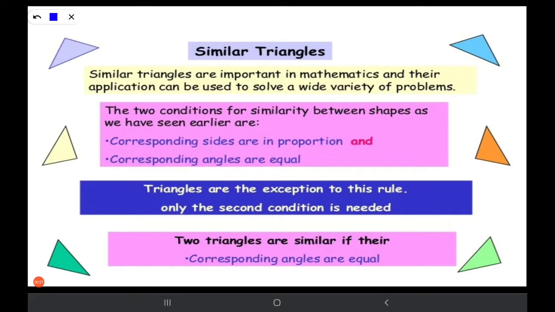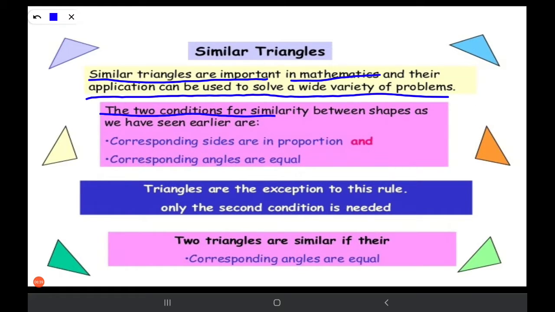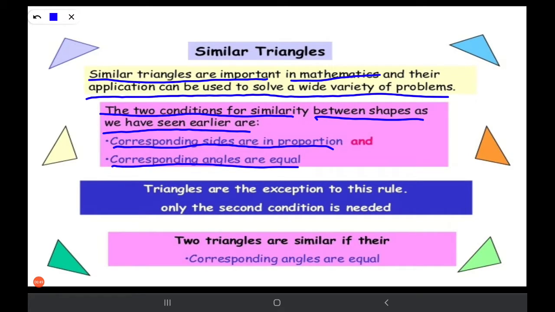Coming to similar triangles. Similar triangles are important in mathematics and their application can be used to solve a wide variety of problems. The two conditions for similarity between shapes, as we have seen earlier, are corresponding sides are in proportion and corresponding angles are equal. So if you take any similar objects, their corresponding sides ratio in proportion as well as corresponding angles are equal. Suppose if you take a rectangle,